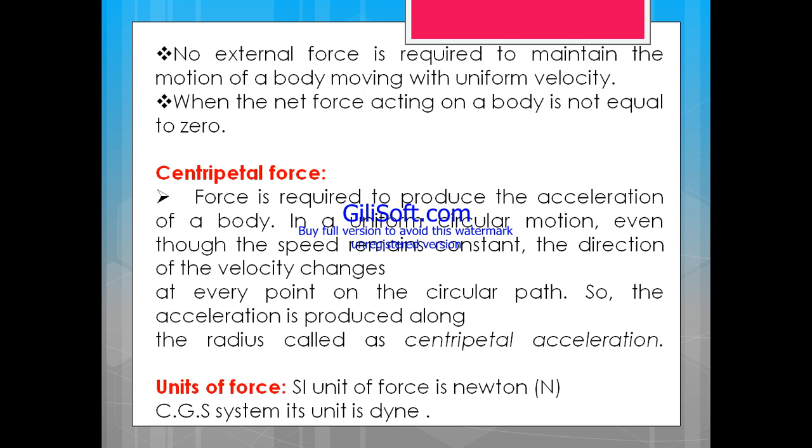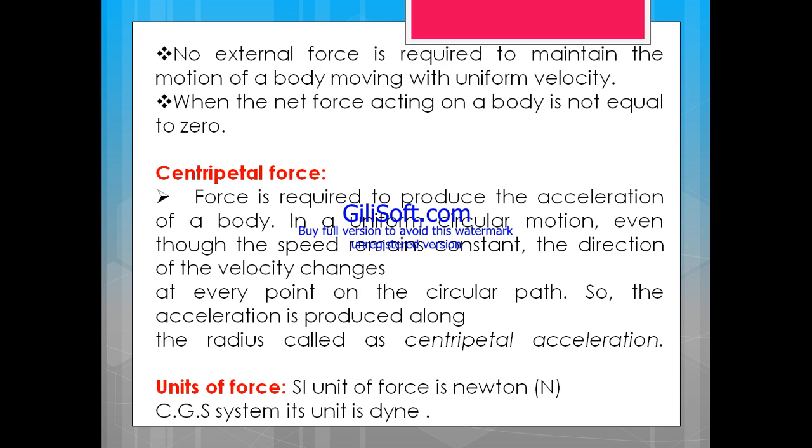In such a case, if we consider uniform circular motion, for example the rotation of the earth, the moon and also the sun, the speed at which it rotates won't change. If you compare daytime and nighttime, there is not a single change of speed when it is rotating. Not even in a single second will it change. It means the speed remains constant. So in such uniform motion, the direction of the velocity will change.